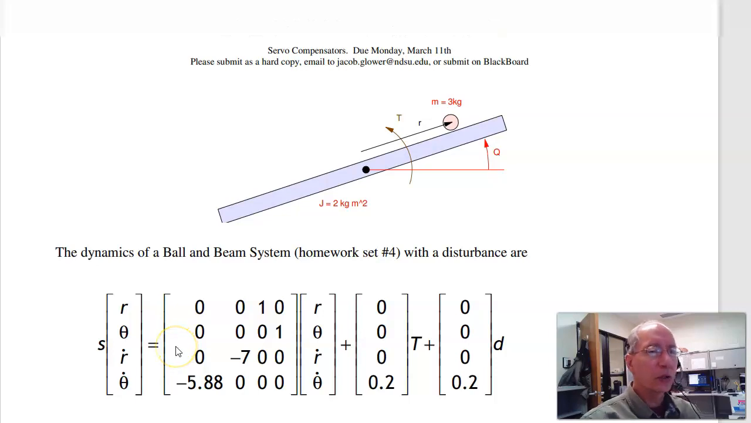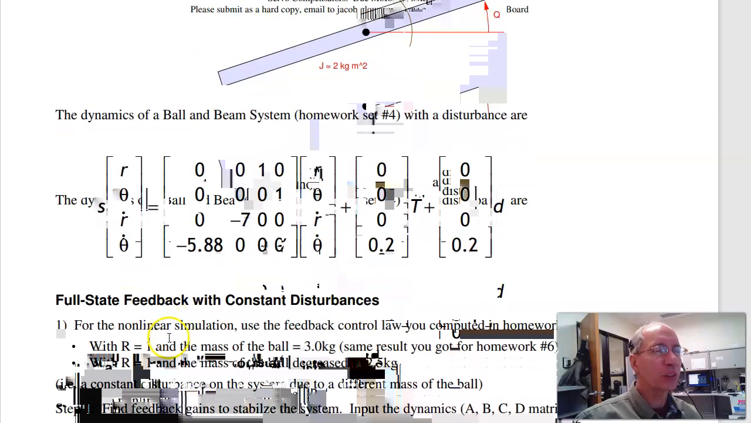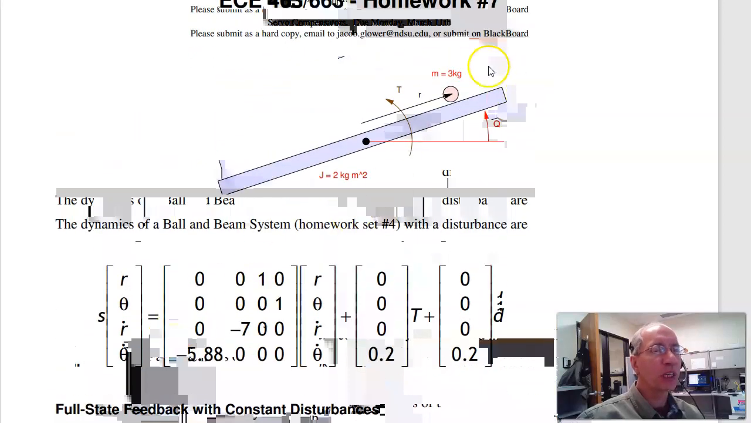Here are solutions to homework set number 7 for ECE 463-663 motor control. Now in this homework set, we're trying to control a ball and beam system with a constant disturbance. So the first problem is, let's go back to what we did before, use full state feedback to control the